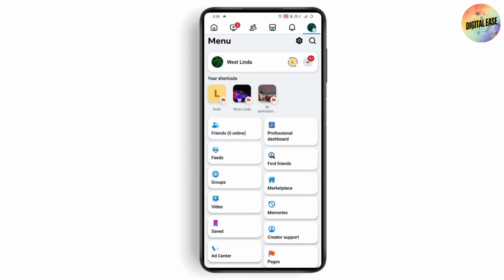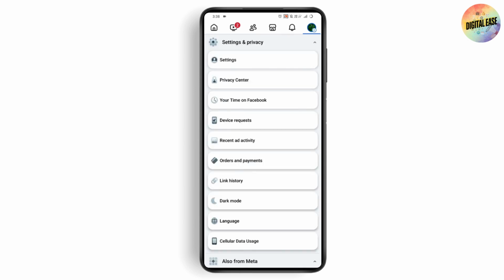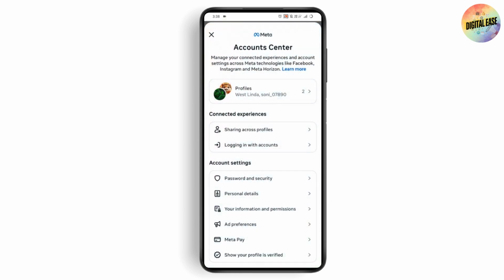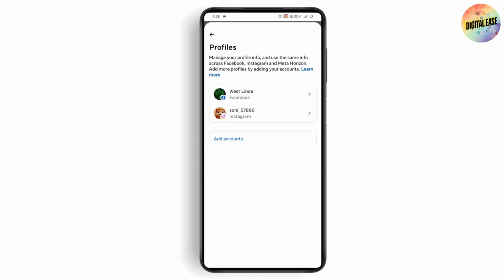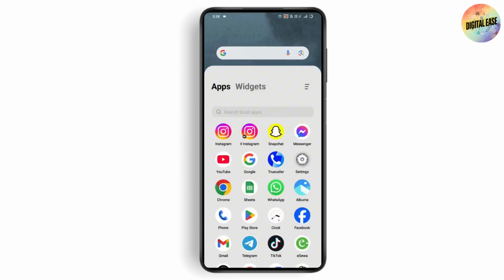Like you need to go with the upper right, which has that 3 horizontal lines. Tap on your settings and privacy. Tap on settings. Go with the account center and make sure that your profiles are connected. Once you've connected your Facebook and your Instagram together, and once you've logged into your Facebook, now you need to